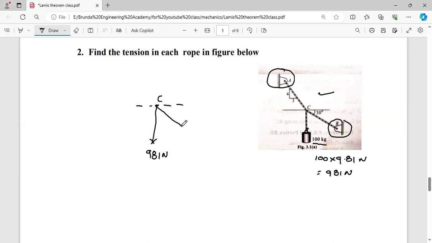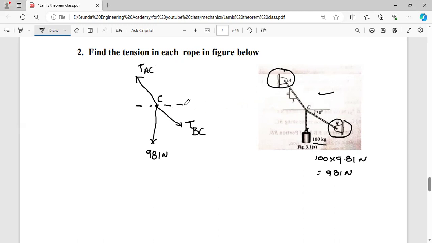Now coming to this one, here the tension TBC, eliminating the supports and indicating the actions and